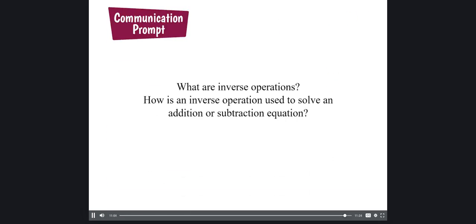Consider this. What are inverse operations? How is an inverse operation used to solve an addition or